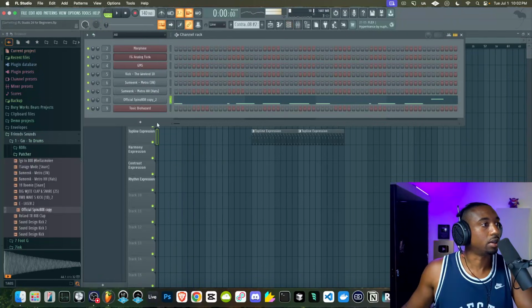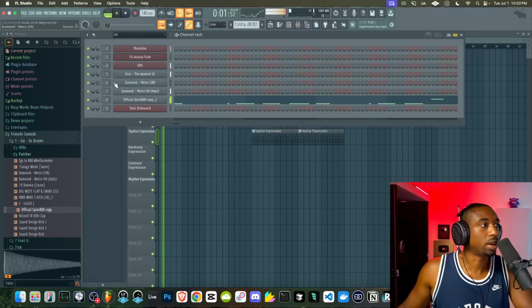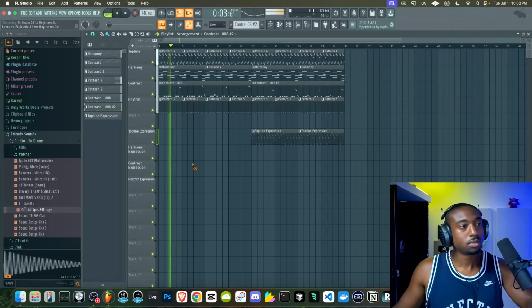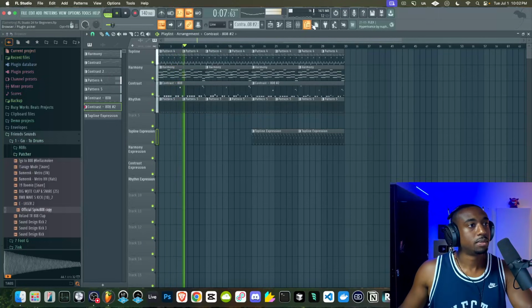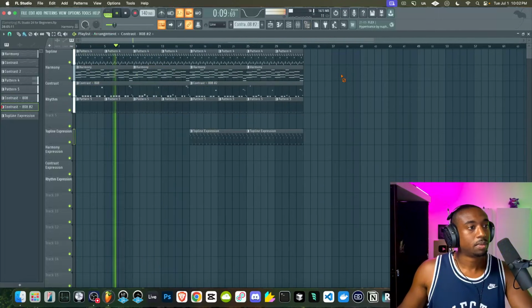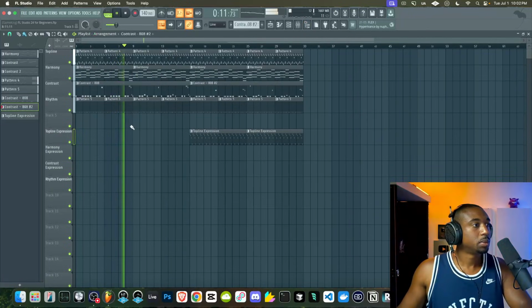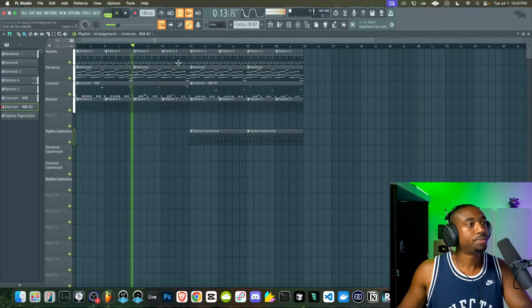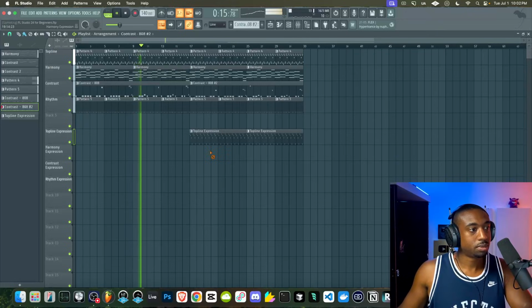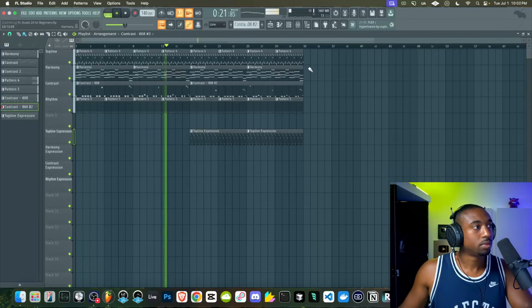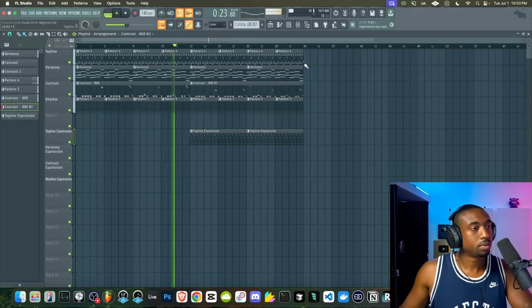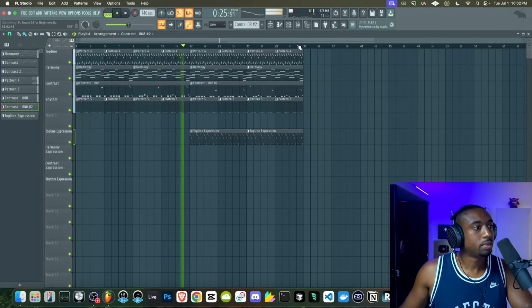So I just turned the kick down a little bit in the channel rack. Here's where it changes.